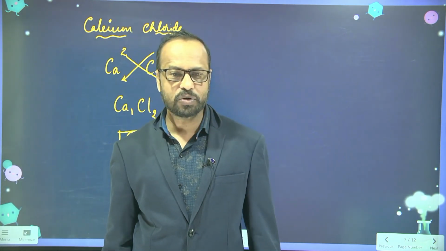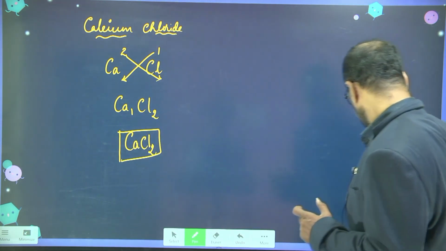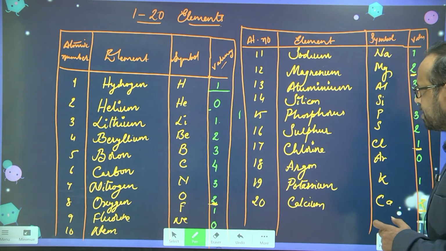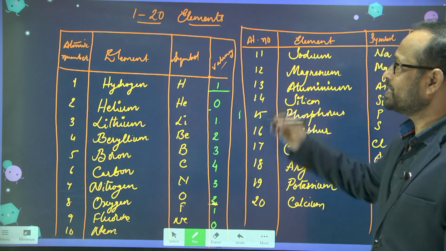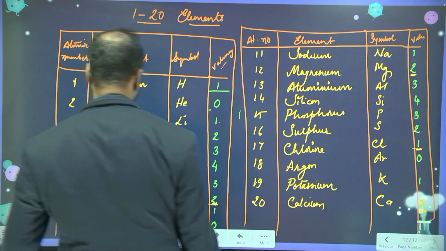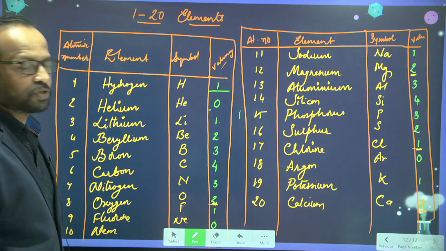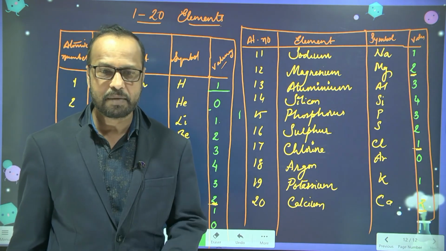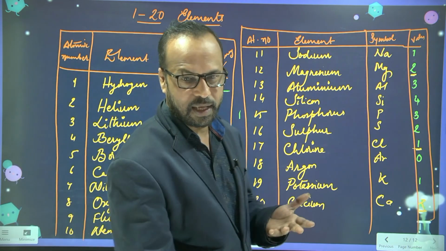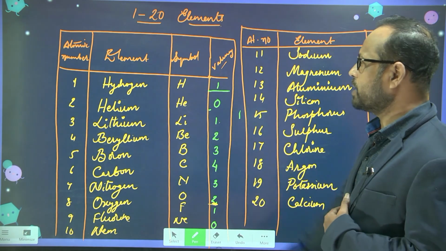Is this clear, students, how to write the formulas? So in this way, you have to write the formulas. To write the formulas, it's very important to know the elements, symbols and their valences. So this table is a very, very important table to learn the chemistry. Just like, how do you learn English? If you want to learn English, then first you need to start with the alphabets like A, B, C, D and so on. Like Hindi, you write A, E, something like this. So here, to learn the chemistry, first you have to start from the atoms and elements.